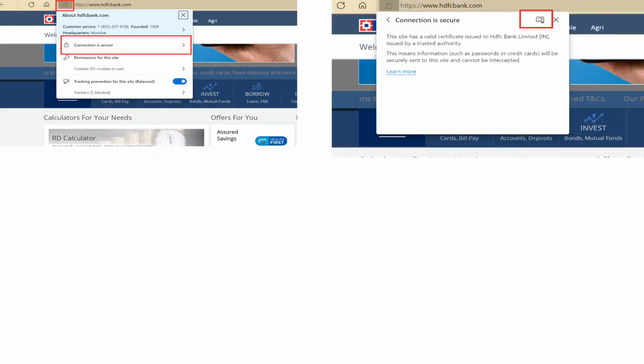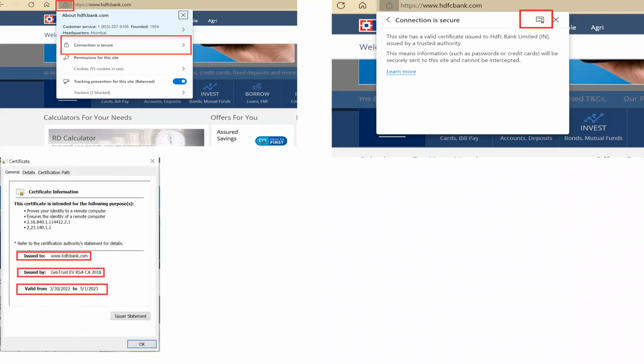Okay, and then you will see a certificate badge. Just click on that badge. You will see the information of the certificate, issued by and valid from. This is a server certificate which has been issued to hdfcbank.com by GeoTrust. Okay, so the certificate is issued on the DNS www.hdfcbank.com, issued by GeoTrust EV RSA CA 2018, and this certificate is valid till